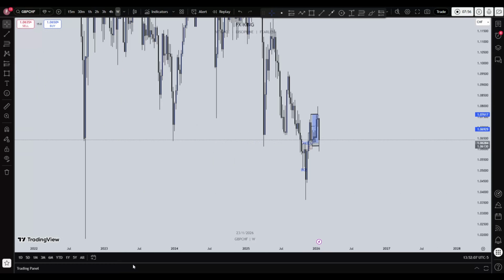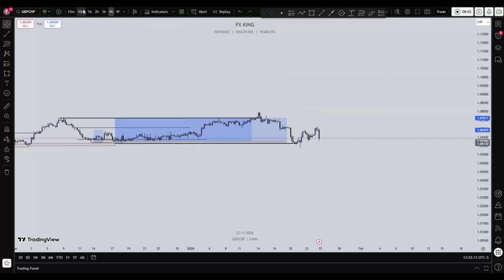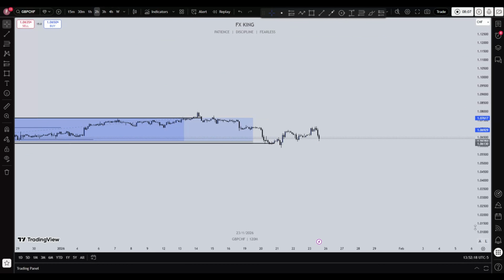Let me see, on the weekly time frame, the pair is bearish as well. But I think we can get a short position, we can get a small long position before this market